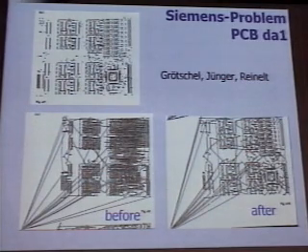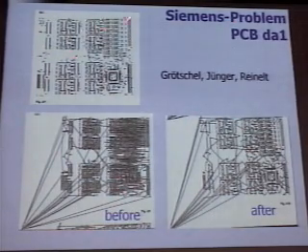And here I've just copied out of a report for Siemens. At some Siemens plants, our software is still running. So here's like a board, and that's what the solution was before, and that is the solution after. Why are they going several times? That means they have 7 different drills.